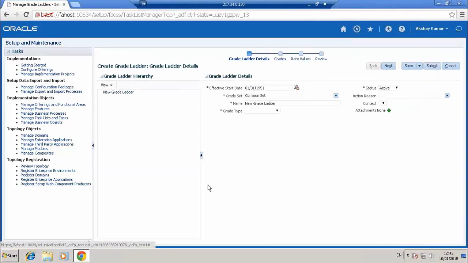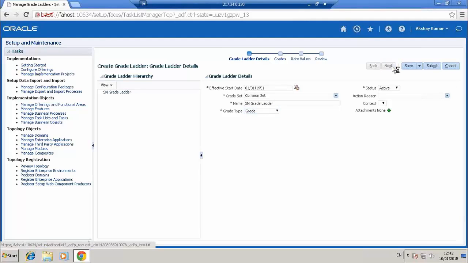So this is how it looks, how we created. This grade which I created was a grade without any steps, right? Yeah. So it will ask whether it is a grade with step or only grade. Let's select only grade.